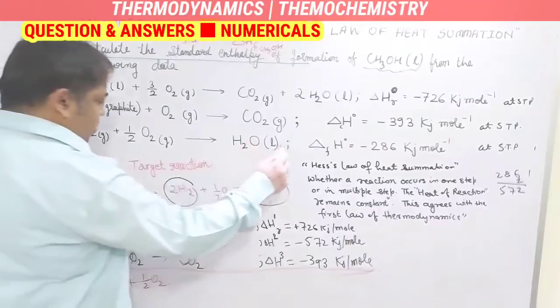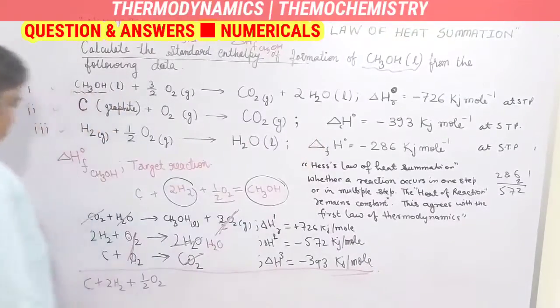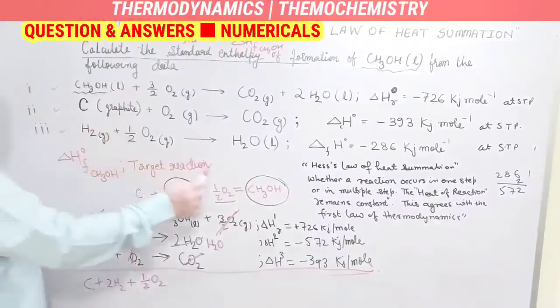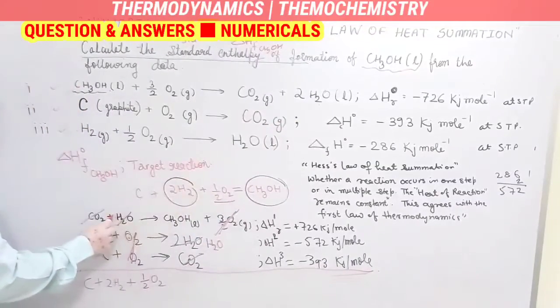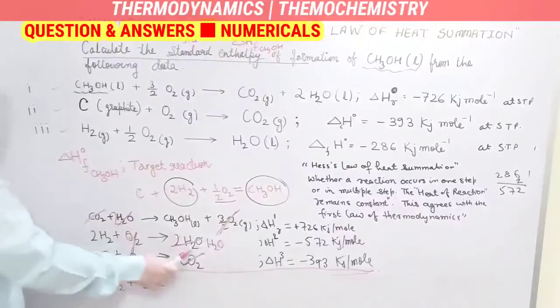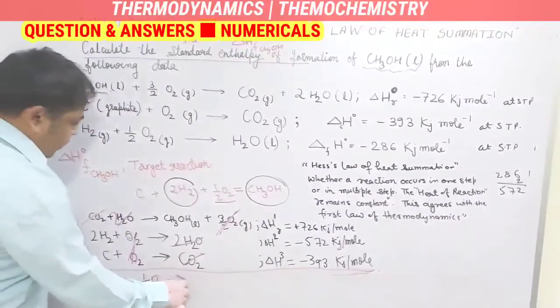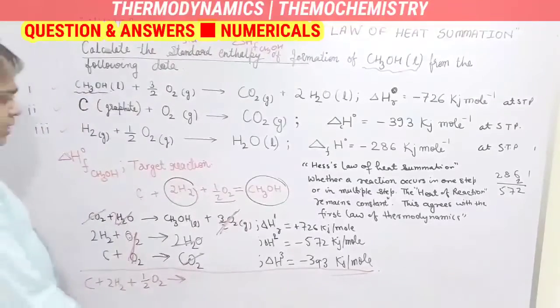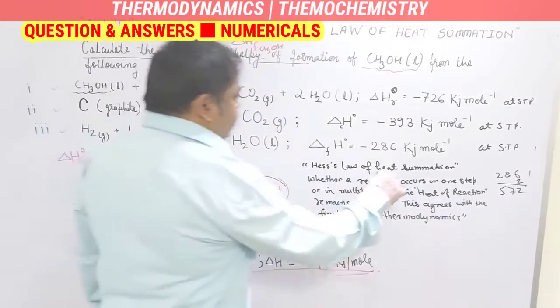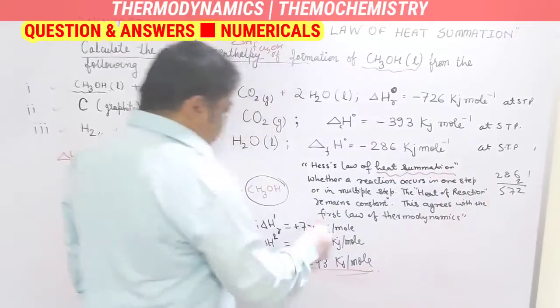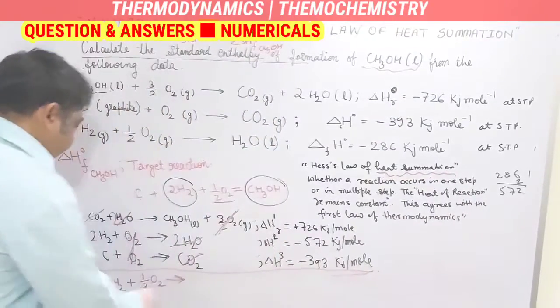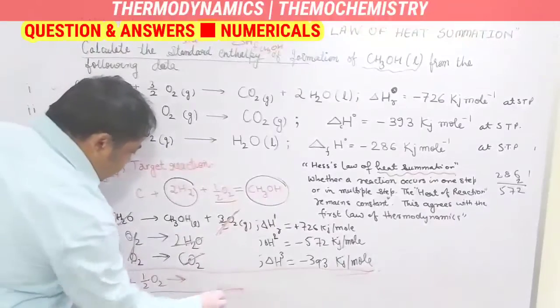Here, in this reaction, when we reversed it, this was 2H2O, so 2H2O we will write here. So 2H2O gets cancelled with 2H2O completely, so no H2O is remaining. So we have got the target reaction, and then whatever heat we have got, we will do the summation of that. If we do the summation of this, then we will get the heat of formation of methanol,